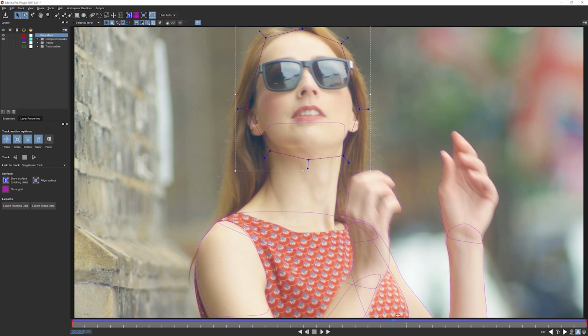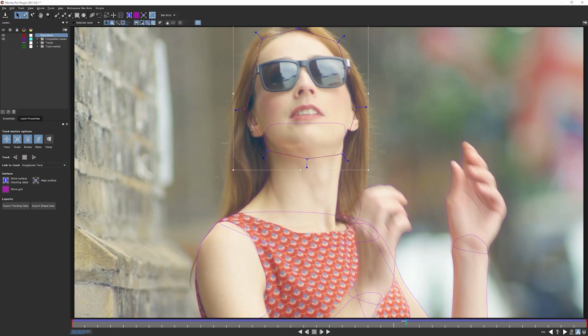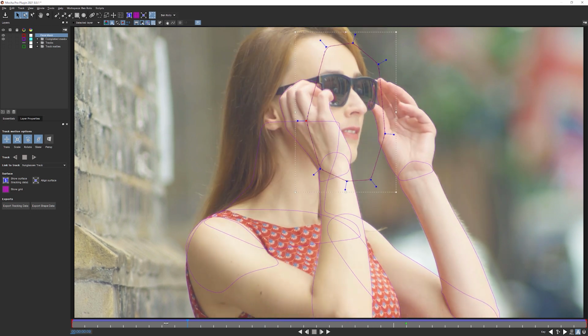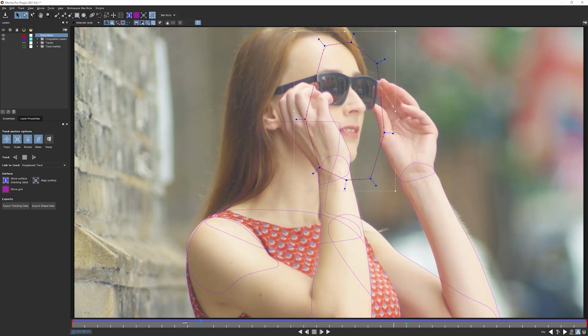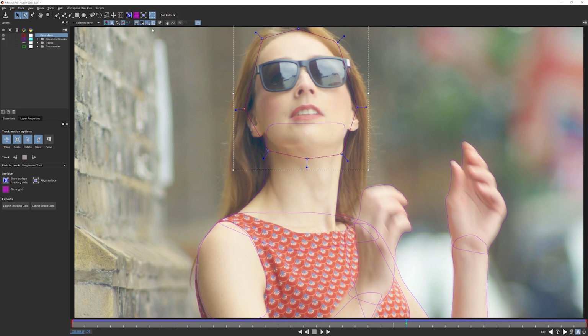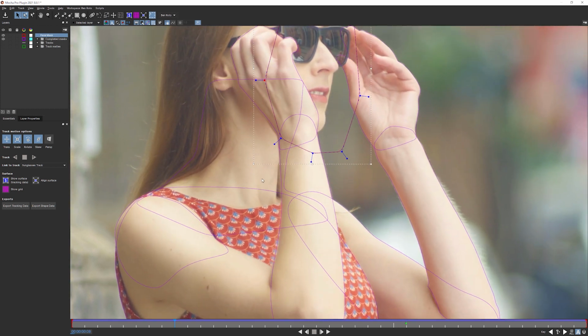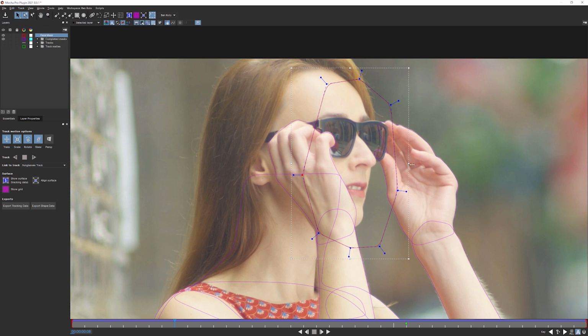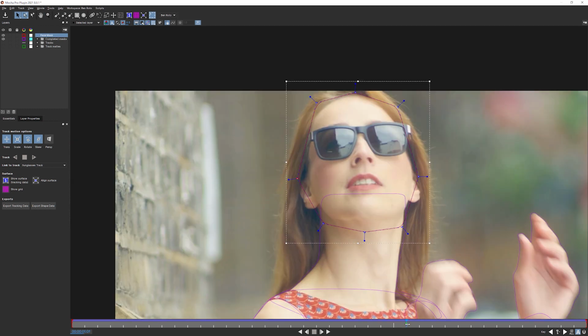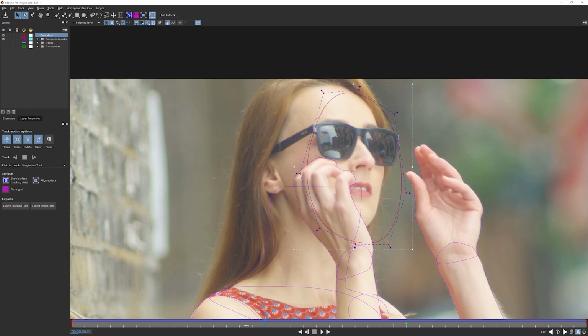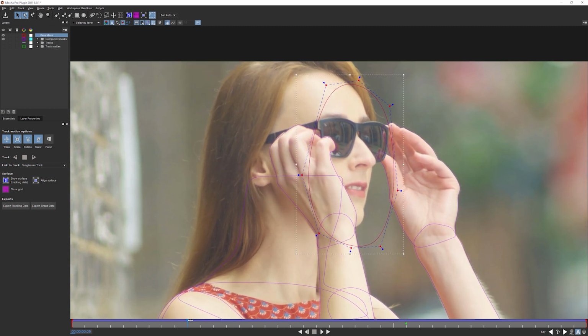And let's see what our sunglasses track gives us. Okay, it's pretty good there. So it's given us that planar movement, which is fine just to help stabilize things out. But obviously it's not what we're aiming for. I'm going to hit stabilize the viewer up at the top. And let's go to where she turns her face. So at this point, let's get this fitting in properly. In fact, before we do anything, let's come to the first keyframe, right click on one of the handles and smooth everything out. We'll come over there where it moves the most, and let's start to just fit this into